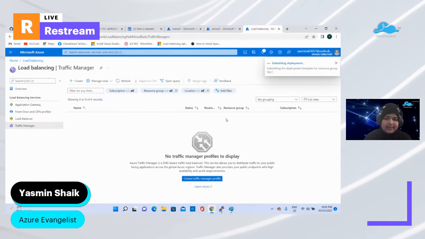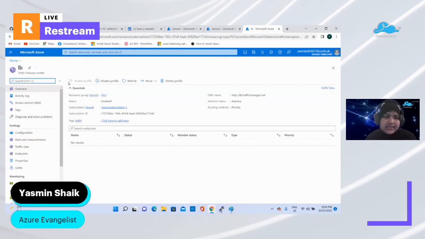This is actually very simple. If you want, you can go ahead and try in your own POC lab and see how the traffic is distributed to the different virtual machines that are in the different regions. And also you can use the other load balancing techniques, how the traffic is distributed among your virtual machines or among your virtual machine scale sets, which is applicable to the regional level as well. Okay, now I think our deployment is successful. So my traffic manager, which I have named LB, has been created now.